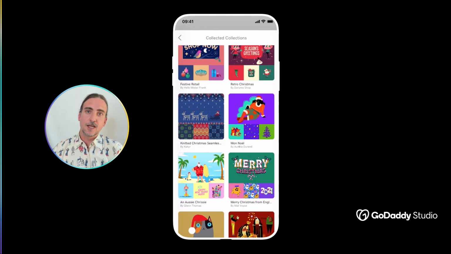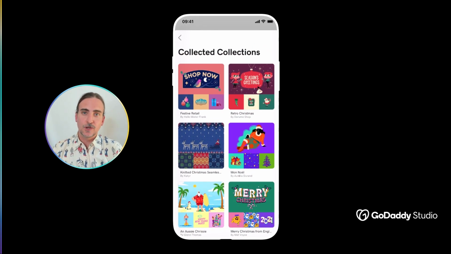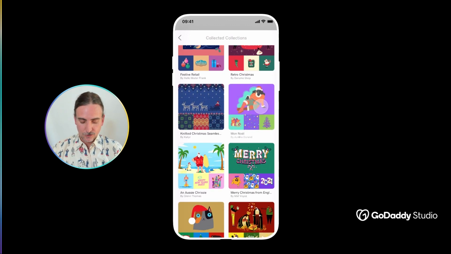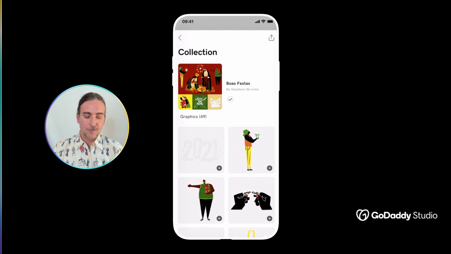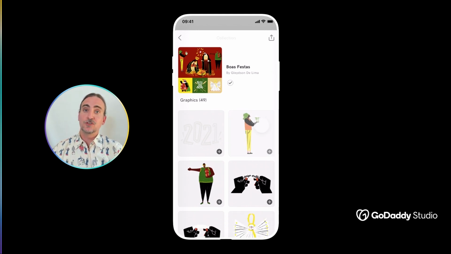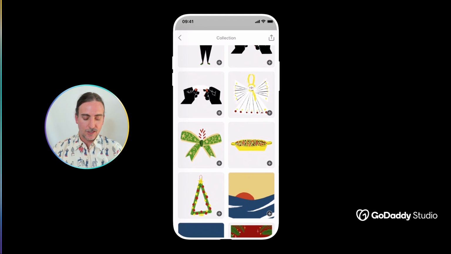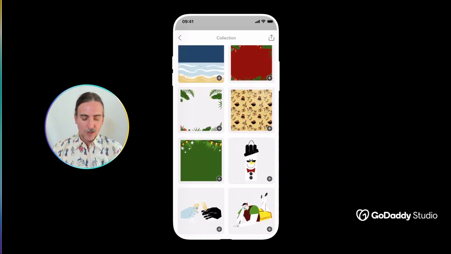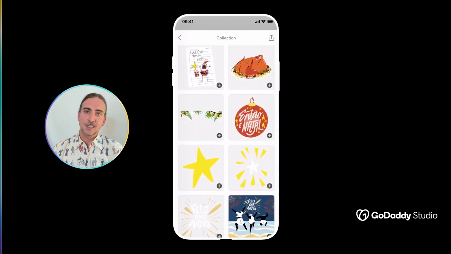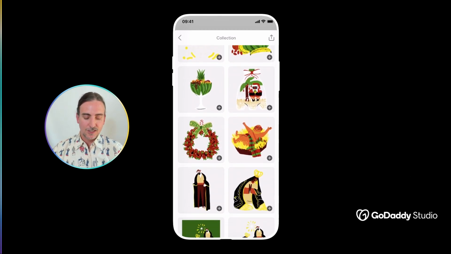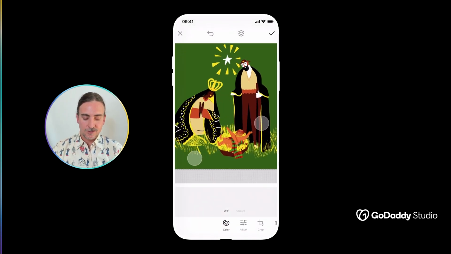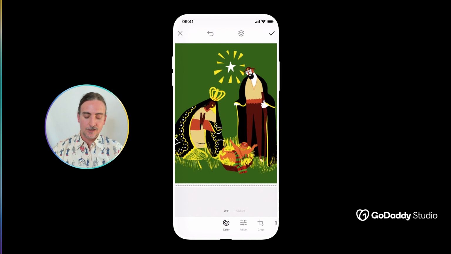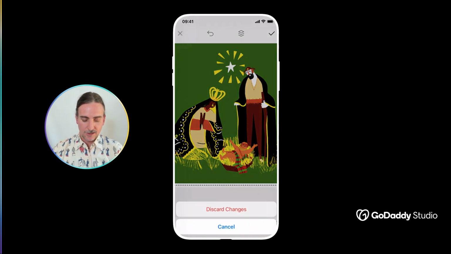Now, in the Southern Hemisphere, Christmas looks quite different to the way it does in the US and Europe. For example, in this pack called Boas Festas by Gleidson de Lima, he gives us a view of what a Brazilian Christmas is like. And it's a very hot, summery occasion where people like to go to the beach and eat things like delicious fresh fruit. And of course, being steeped in the Catholic tradition as Brazil is, he's also focused quite heavily on these nativity scenes, again rendered in these quintessentially Brazilian colors.